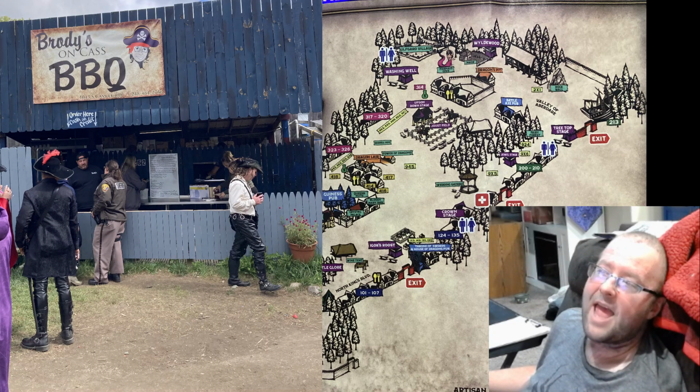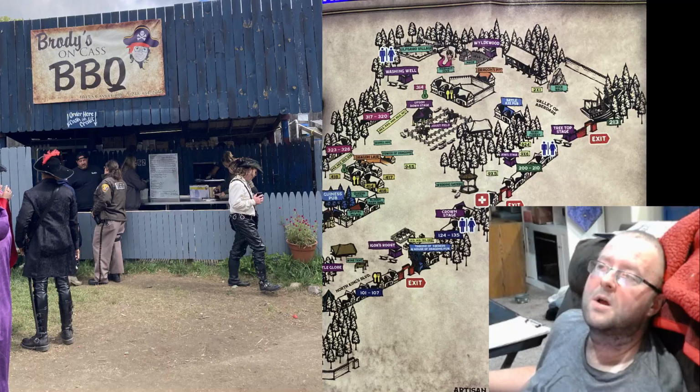Brody's on Cass Barbecue. This is another vendor at the festival that has a brick and mortar. I'm willing to bet it's on Cass. I don't know the location of where it is, but this food is really good. I mean, if you like barbecue, if you like pulled pork and pulled chicken and ribs and stuff like that,